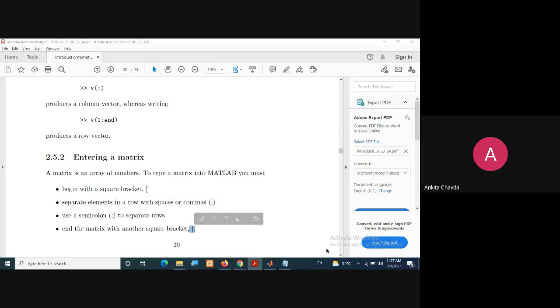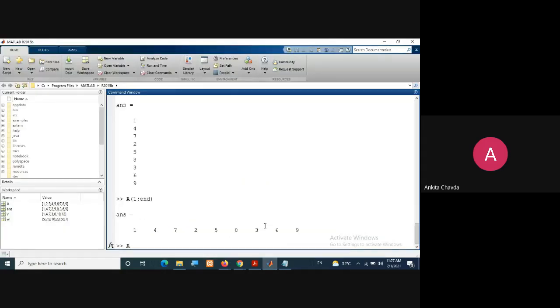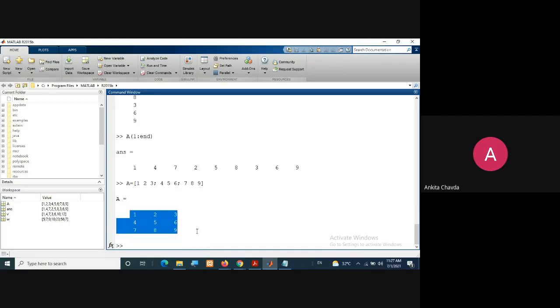So that's what I have shown you here, that if I wish to create a matrix, I need to write 1, comma 2, comma 3, or you can write here with a space. Whenever you want to jump onto a new row, you can have a semicolon, then again other columns, then again like this. So it will create a matrix. Fine. So please just try this.